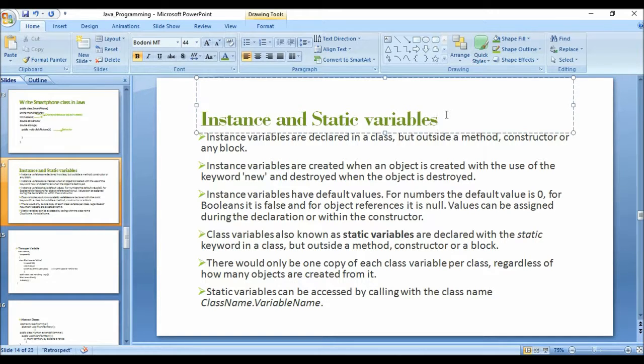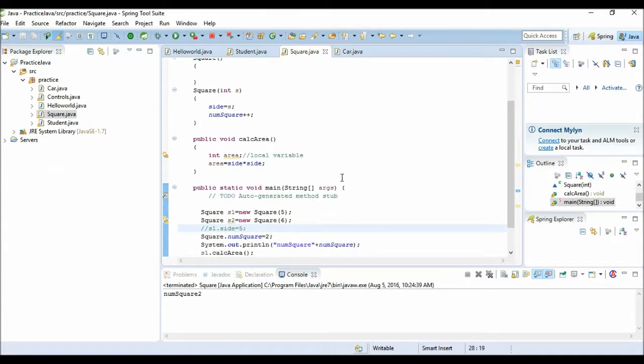And the class variables are known as static variables, and they are declared with the static keyword. There will be one copy of each class variable per class, regardless of how many objects are created from it, and they can be accessed by calling ClassName.variableName. So I think instance variables, static variables and local variables are pretty clear to you. Next, what are constructors? And I will suggest that you make one circle and one rectangle class for practicing these concepts. Okay,